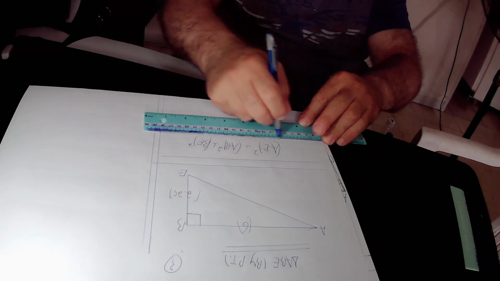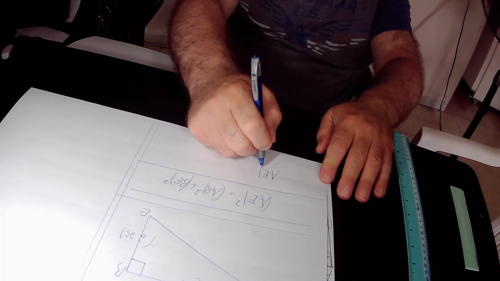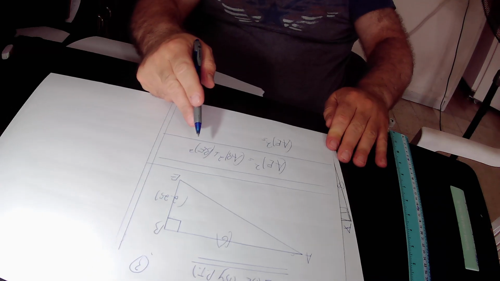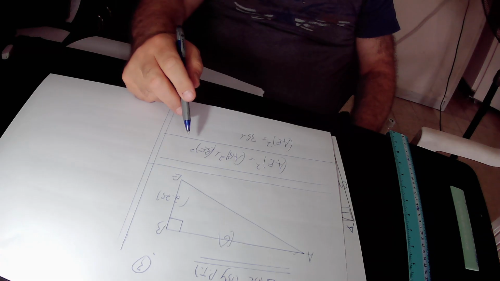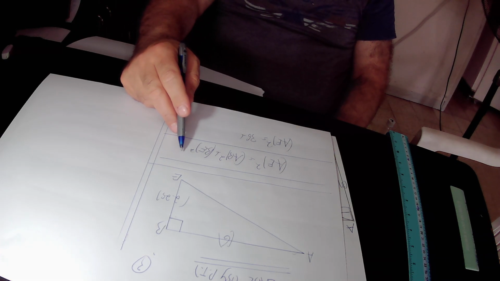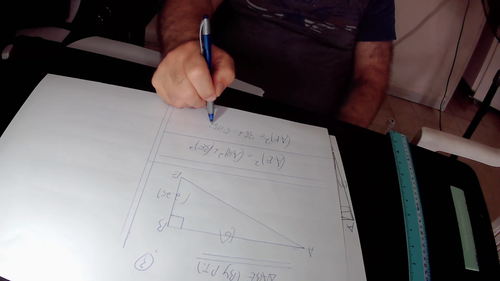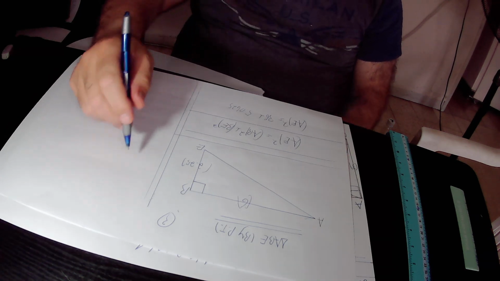So here AE is the missing side, so we leave it as it is. So AE squared equals AB squared. AB is 6, therefore AB squared is 6 squared, that is 36, plus BE squared. BE is 2.25, therefore BE squared is 2.25 squared, that is 5.0625. So in conclusion, we found out that AE squared